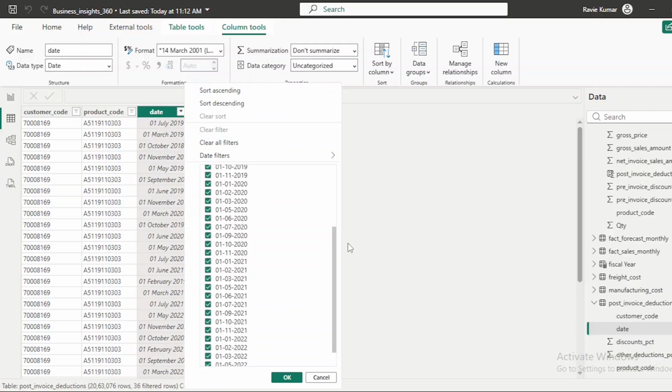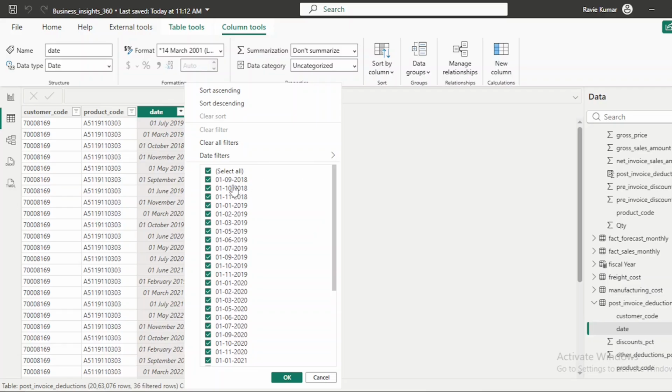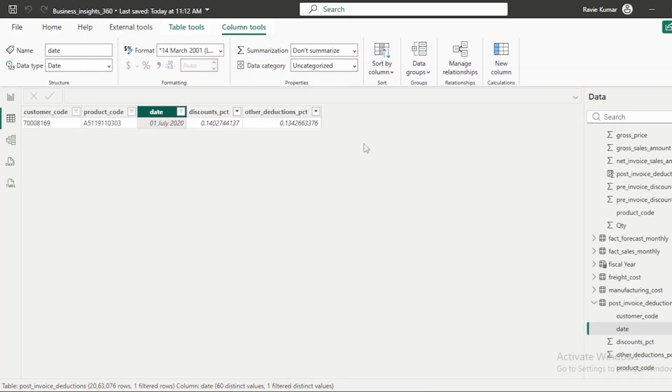Let me deselect all and choose 1/7/2020. If I click OK,